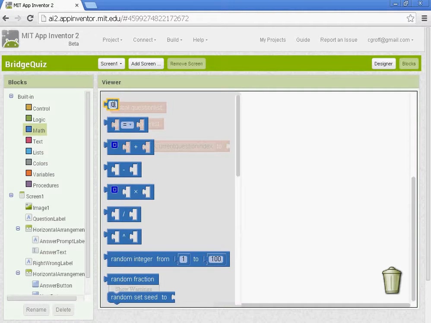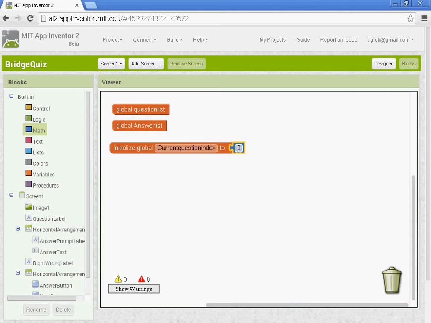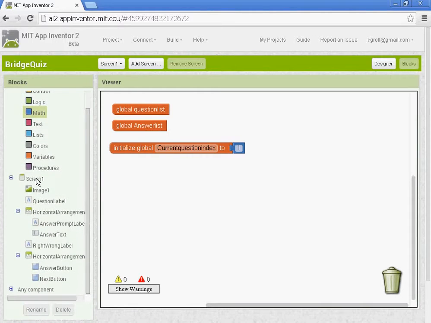So we're going to go to math here. Current question index is going to be set at 1. We're also going to set up a screen 1 initialize. So under screen 1,